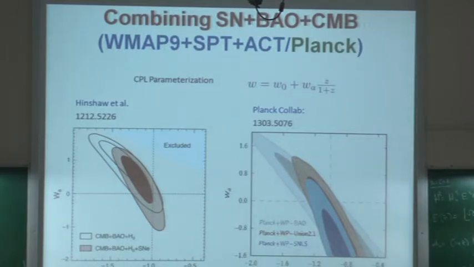So you should keep this figure in mind, that the cosmological constant is allowed at just less than 1 sigma, and there is a huge portion which is actually phantom, right? And that one has to take care. So now the question is, what kind of dark energy do we have now?